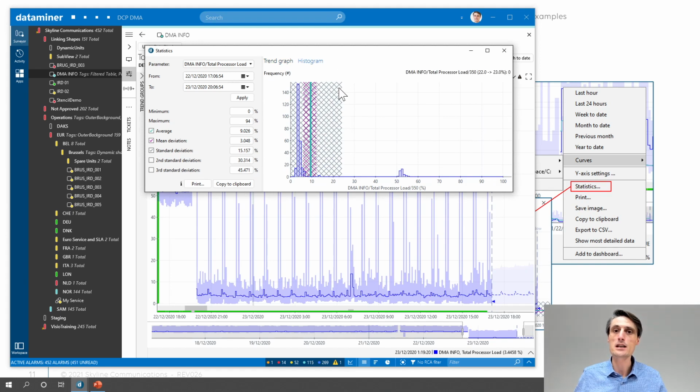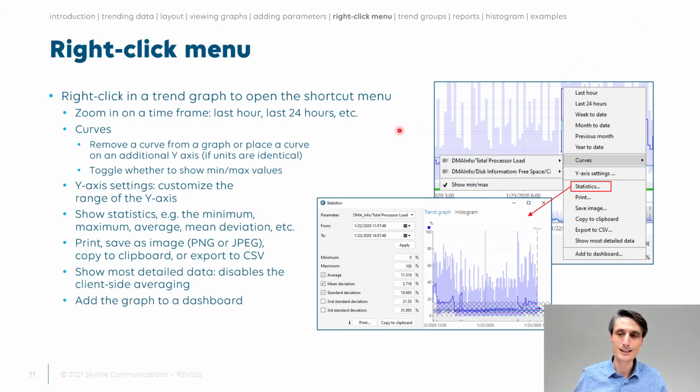And you can also visualize that in a histogram where then it is being shown vertically. The average, the mean deviation, and the standard deviation. You can also print and copy those settings to the clipboard. But more interesting is the print and save image and copy clipboard in here, because if I'm looking at a trend graph and I quickly want to share that information with somebody else,